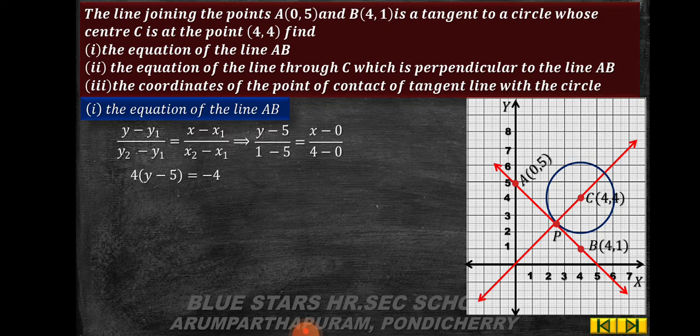So cross multiplication: 4 into y minus 5 is equal to minus 4x, because 1 minus 5 is minus 4, into x is minus 4x, which implies 4 gets cancelled. So y minus 5 is equal to minus x. Therefore the equation of the line AB is x plus y minus 5 is equal to 0,